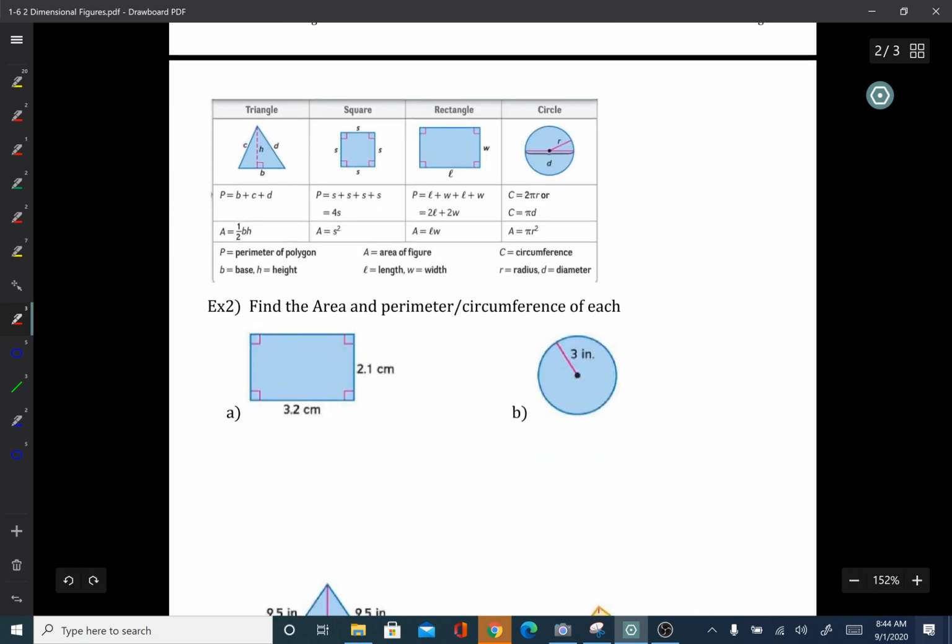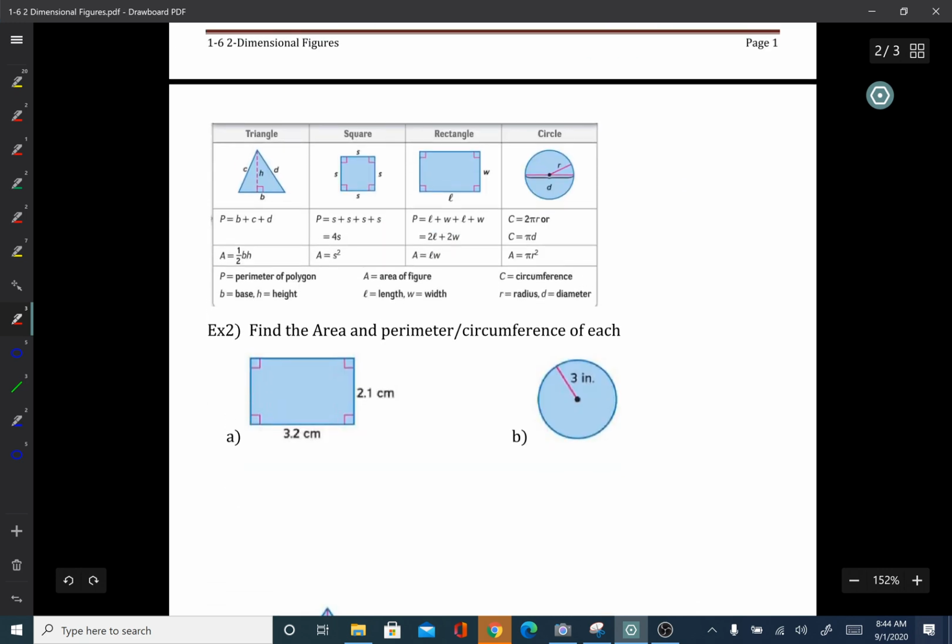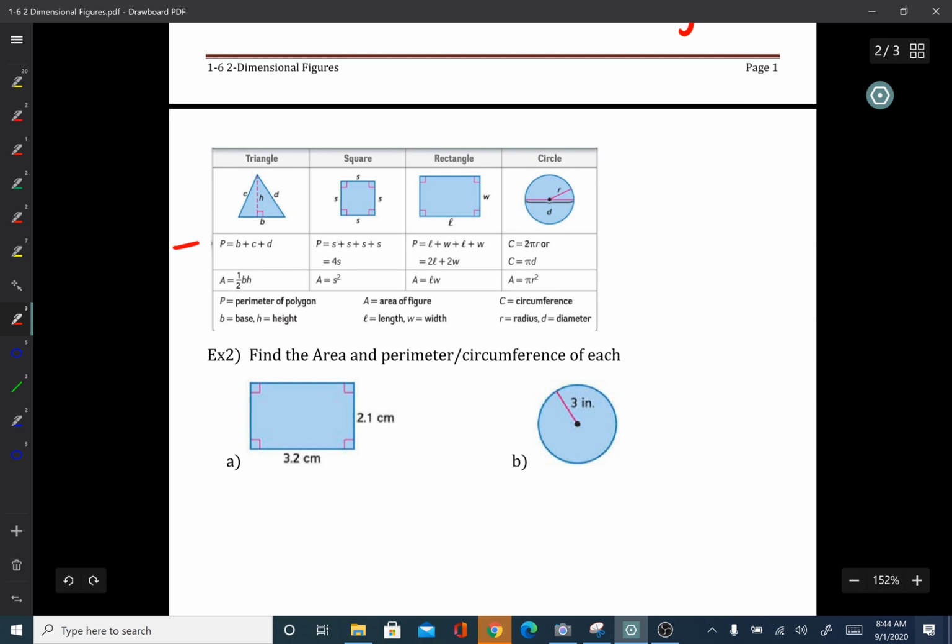All right. Next part here, we do have some formulas that you need to know, right? Perimeters and areas. I'm not going to go into too much detail here. You should probably pretty much know these by now. Be careful with the triangle. It's 1/2 base times height. One thing that's probably good to talk about on the triangle real quick is if this is the base, and